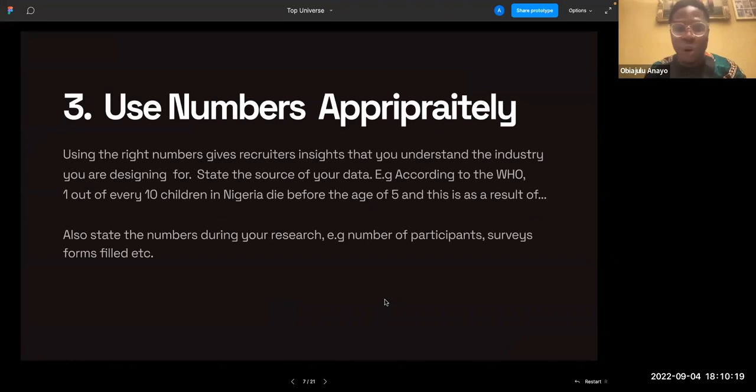Now, use numbers appropriately, right? I spoke about numbers, right? So when you're trying to write your case studies, you must be able to use numbers appropriately, right? So using the right numbers in your case studies gives recruiters the insight that you understand the industry that you're designing for. So some people design products for maybe logistics, or maybe healthcare, and you don't even know